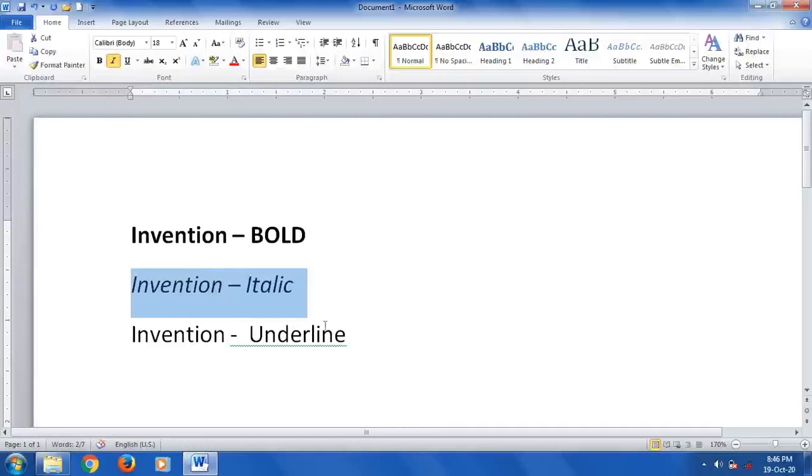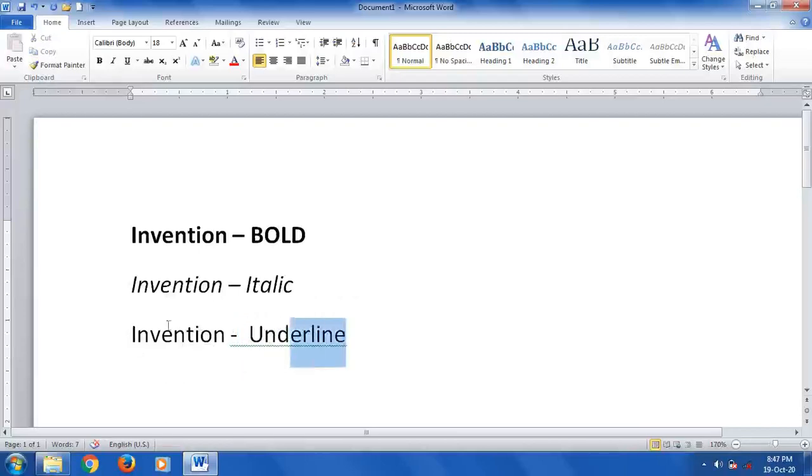Whenever you want to highlight any sentences, any words, then you can give underline for that text. You can place the underline below those words or below those sentences. You can underline a particular word or a particular sentence, and you can underline with the spaces. For example, here there is a space, so this space also gets underlined.